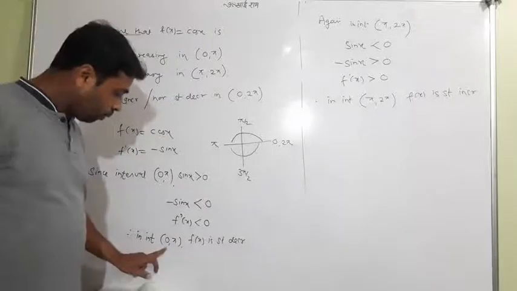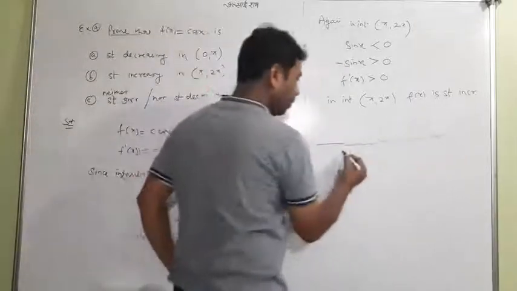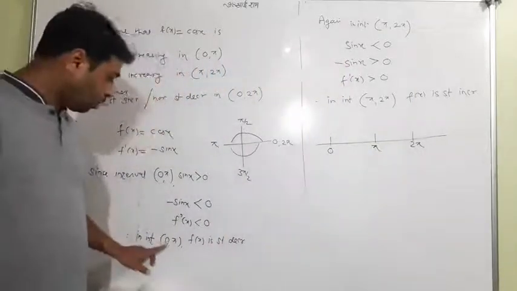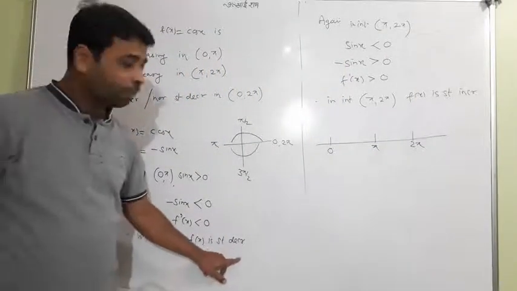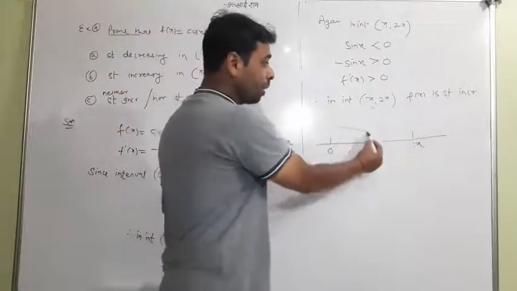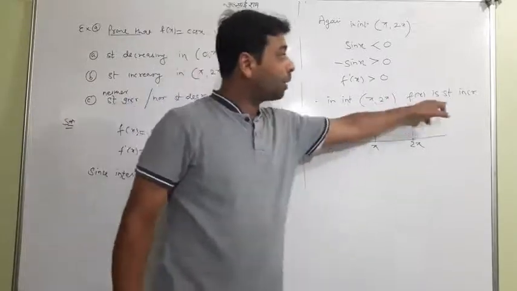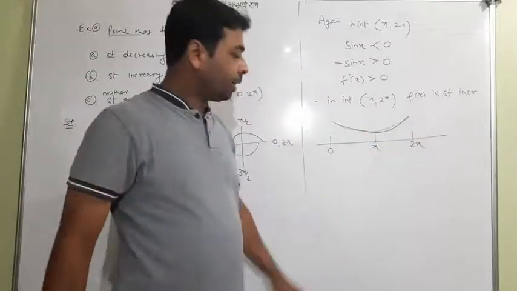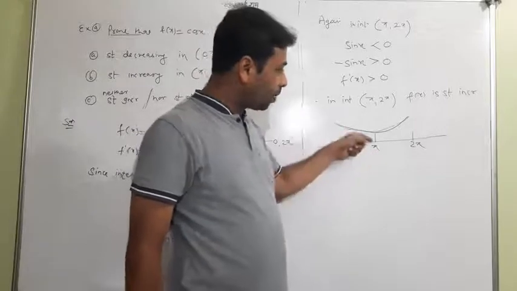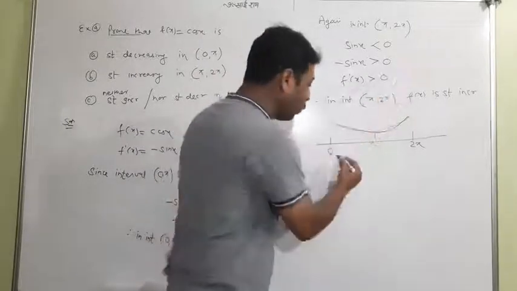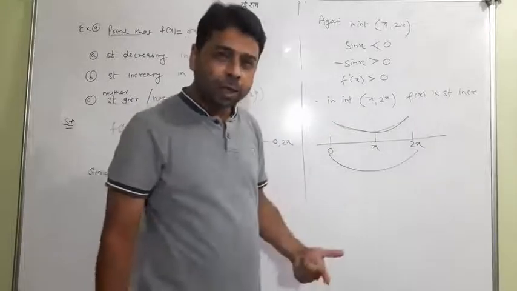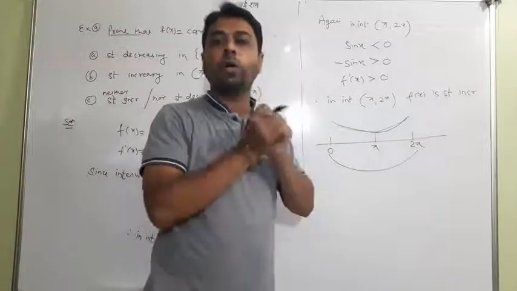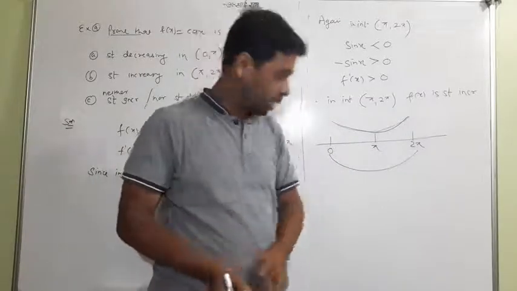Look at, if I make a line from 0 to pi, this is 0, it is pi, it is 2 pi. Now in 0 to pi, function was strictly decreasing. And pi to 2 pi, function was strictly increasing. What have you felt? That 0 to pi, it is strictly decreasing. Pi to 2 pi, strictly increasing. So in whole 0 to 2 pi, function will be called neither, because both conditions are happening. So in the whole interval, it will be called neither strictly increasing nor strictly decreasing. So this is the way.